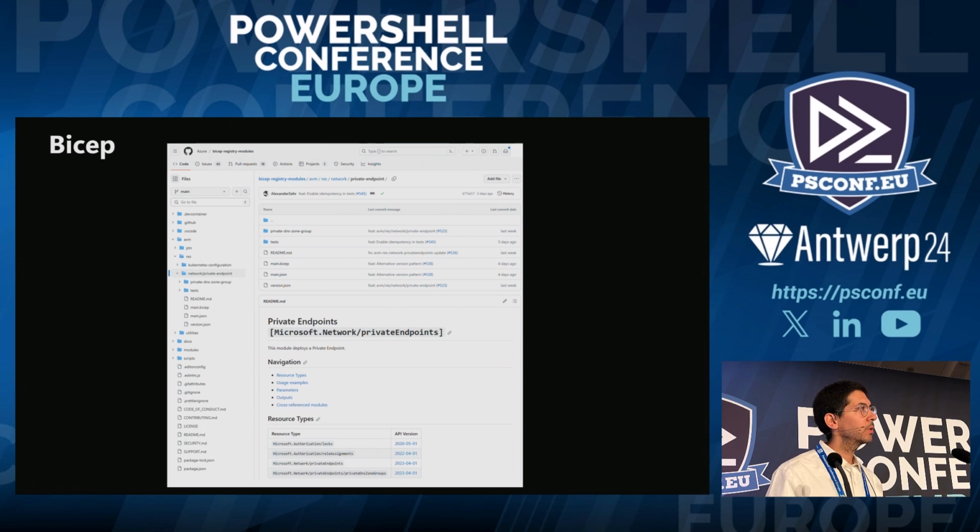On GitHub, the modules for Bicep are published on the public Bicep registry, and for Terraform, they're published on the Terraform registry. If you go to the public registry, you're going to find the module, examples on how to use the modules, the parameters list, everything you need to get going on how to integrate the modules in